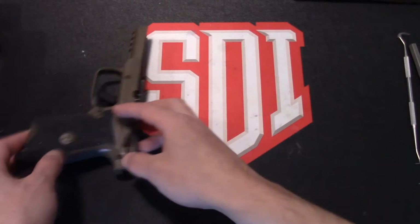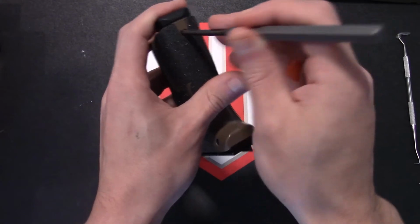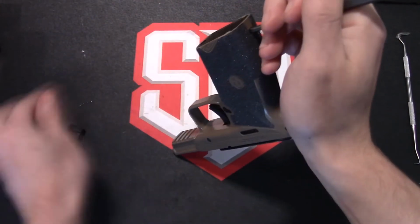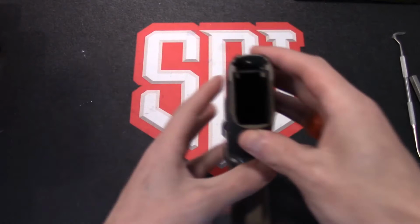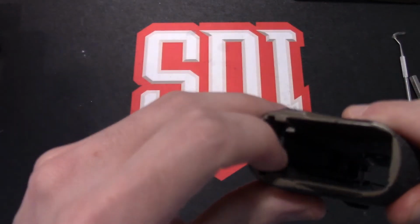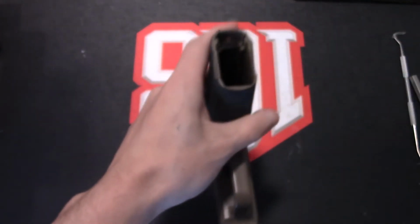And now we move on to taking off the hammer spring cup. We take our pin punch right here, push it in the back with a little force, and then boom, it comes right out. Put it over the parts bin, and then let's see. On the inside, you have this holding the hammer spring, and so